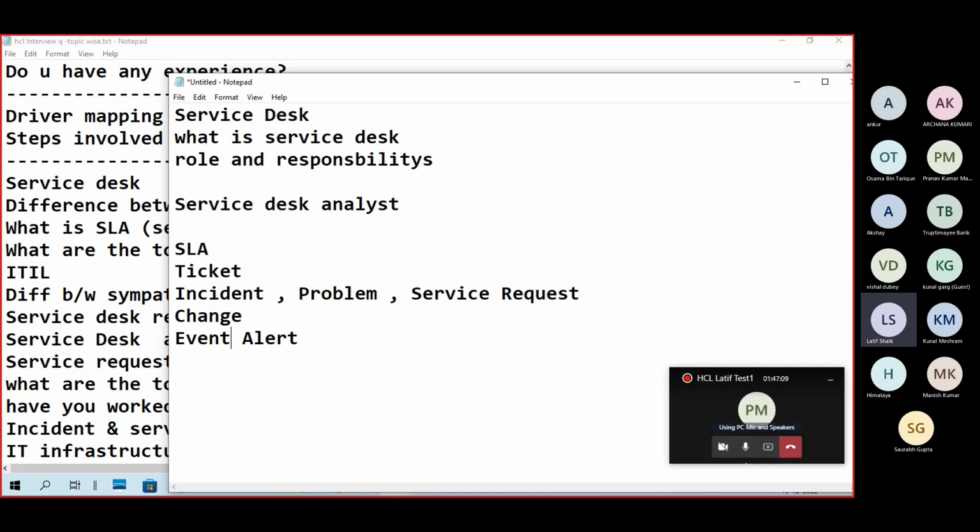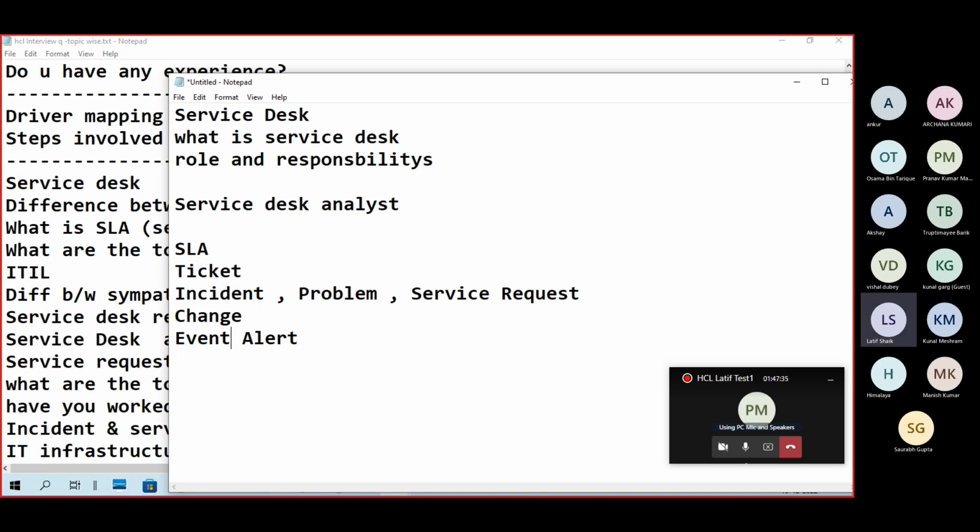So event, alert. From the monitoring system, any change that occurs or anything that happens, whether a disk is online, a server is online, a service is online, or a service is not available or busy, everything is an event. An event is any detectable occurrence, noted down in the event system.